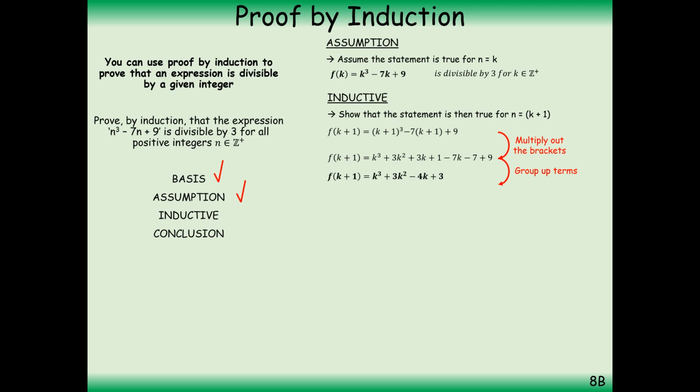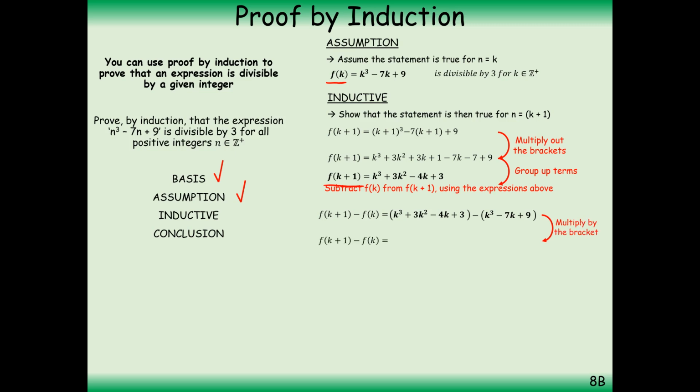Now we are going to subtract f of k plus 1 and f of k from each other, and let's see what we get algebraically. We are going to subtract these two, and the k to the power of 3 cancels because we have a plus and minus version of it. The 3k squared will remain, minus 4k minus a minus 7k will become a 3k, and 3 minus 9 is going to be,